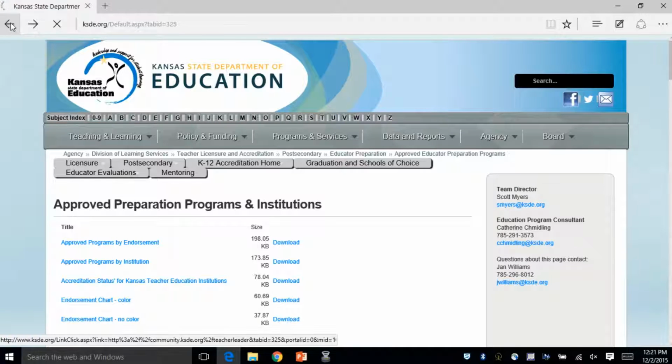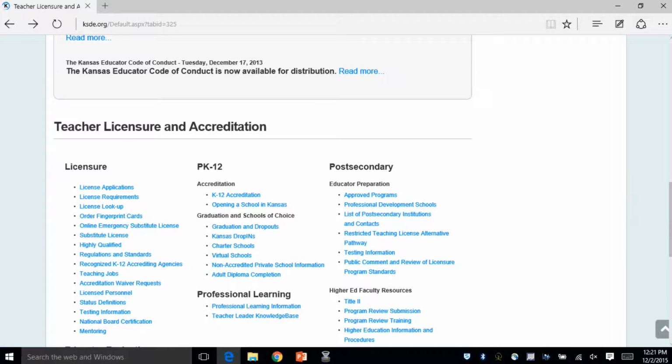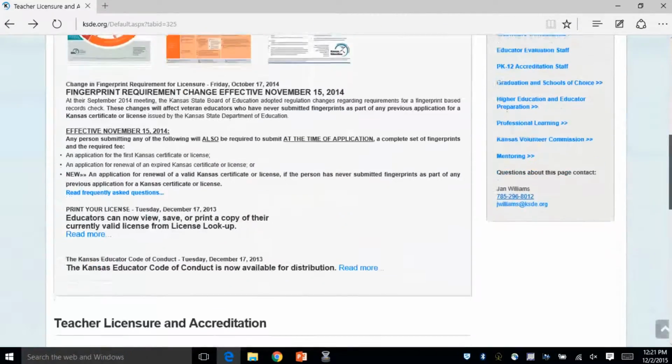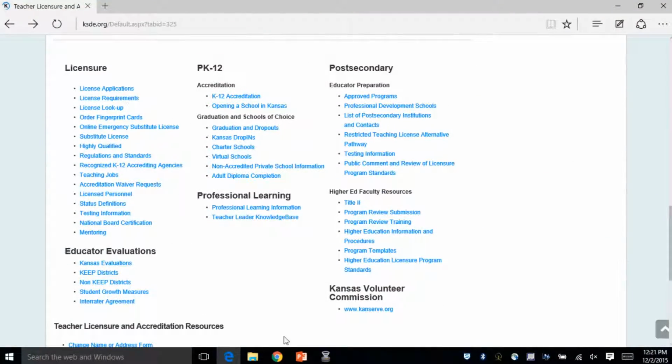Going back, one more thing, to the licensure homepage. Remember this one. A lot of individuals are adding endorsements based on testing, so you can add a new teaching endorsement just by passing the appropriate test. You can't do that for special ed or early childhood or elementary, but they don't know how to find test information. You'll notice that there's a link to testing information under the licensure column, and there's also a link under post-secondary or educator preparation. This is all you need to remember, because if you click on that link, it takes us